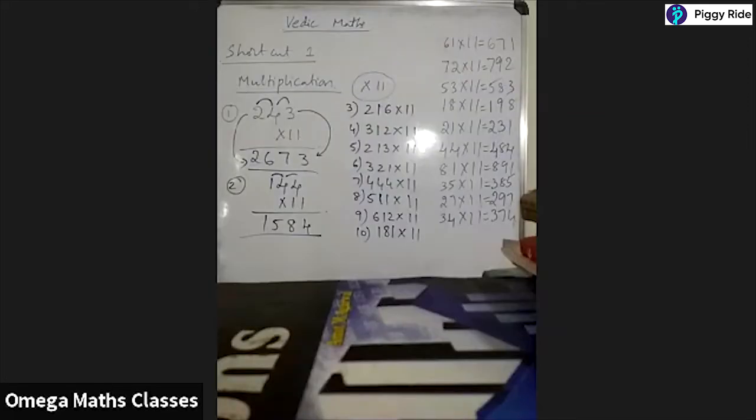Okay, do the next ones also, all the problems. And one more student is there, he is not responding. Hello, are you listening? It is 4884. Yes, okay, next. 1991. Okay, very good, nice. What is your name? So you understood this model, okay. Kushi, have you completed? Next we will go for 4-digit multiplication.